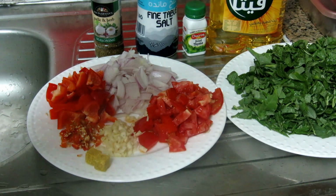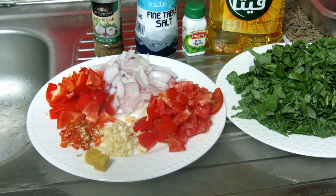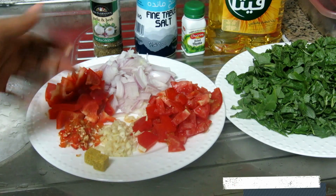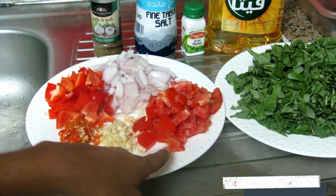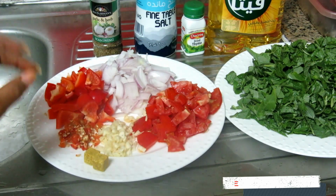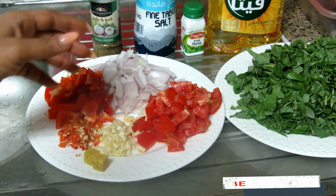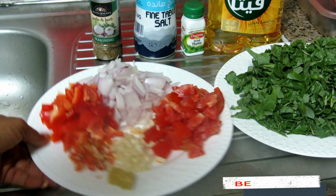This is Utrefon. In today's video I want to make a vegetable sauce. As you can see, I have sliced my tomato. This is my tomato. I sliced it into small pieces. This is my garlic. I've chopped it into small pieces, and